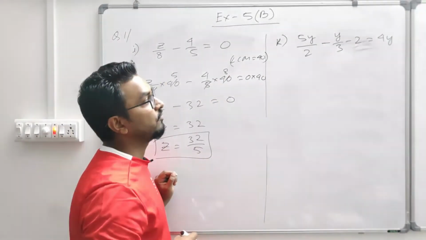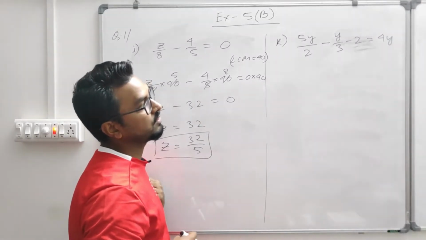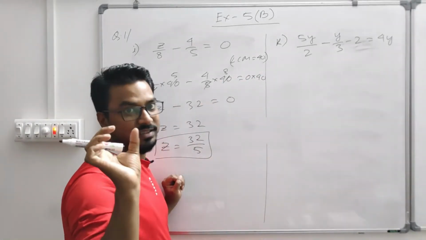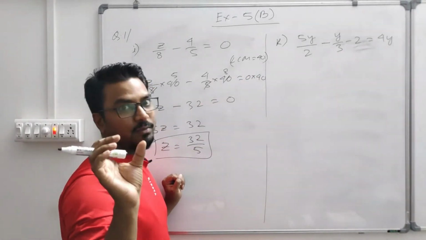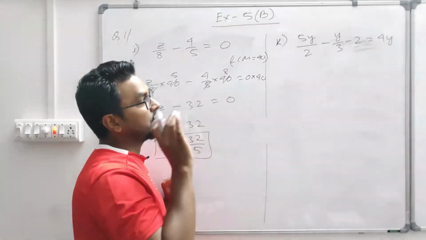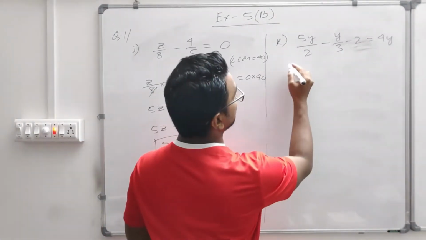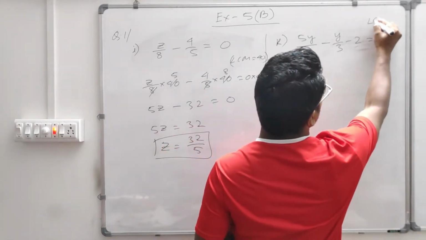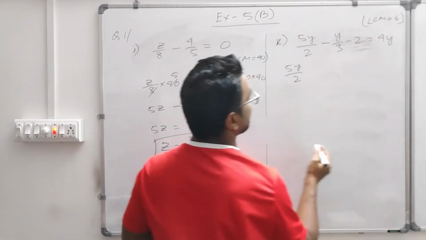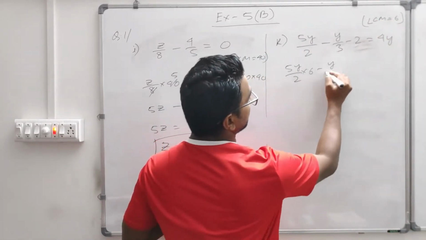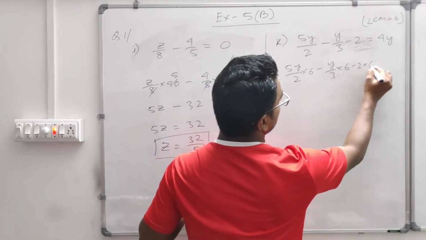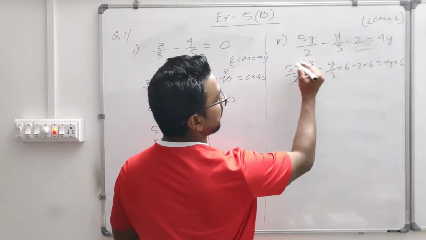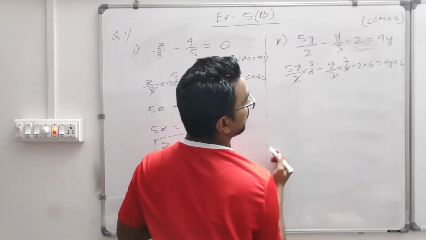So our next question is given, 5y by 2 minus y by 3 minus 2 equals 4y. So we will find the LCM first. Okay, so whatever LCM we will get, with that number you multiply all the terms. Okay, so that is the best method to find the answer. So 5y by 2, what is the LCM here? LCM will become how much? LCM is 6. So you multiply all the terms by 6, minus 2 into 6 equals 4y into 6. So if you cancel this one, you will get 3. If you cancel, it will become 2.